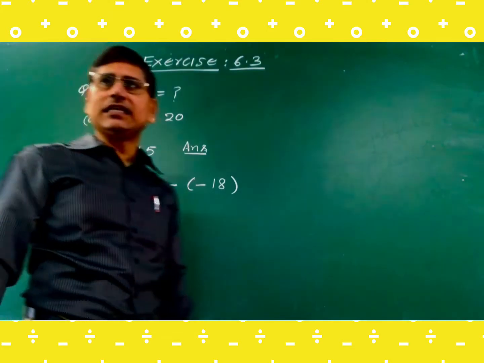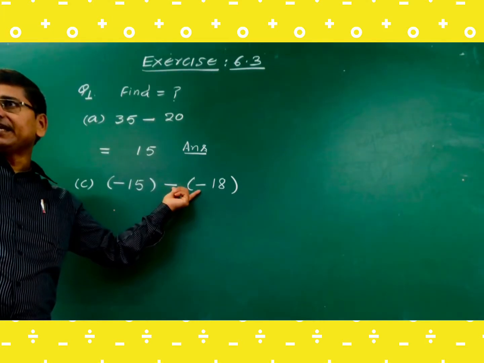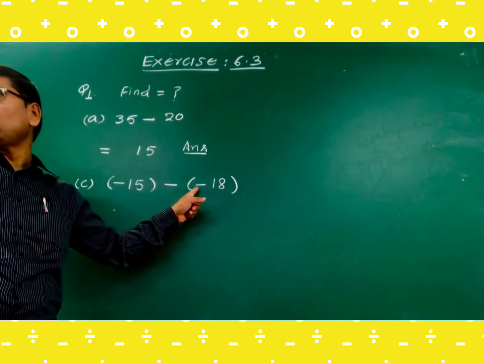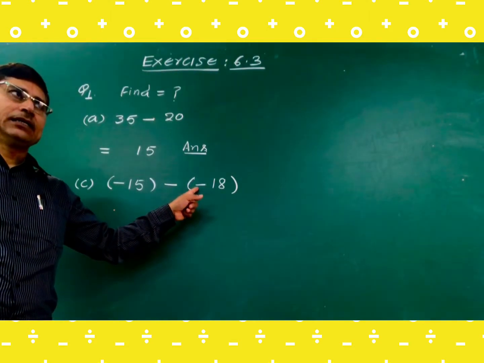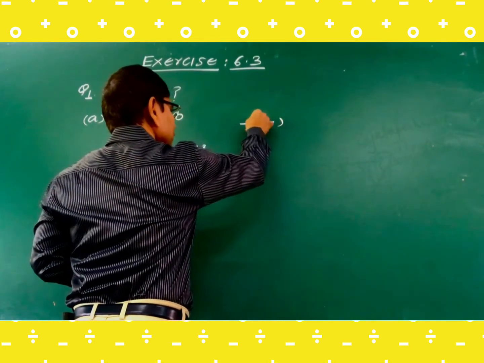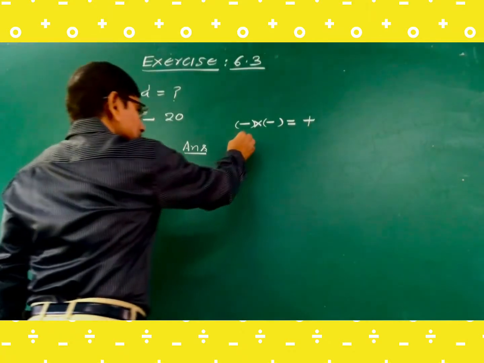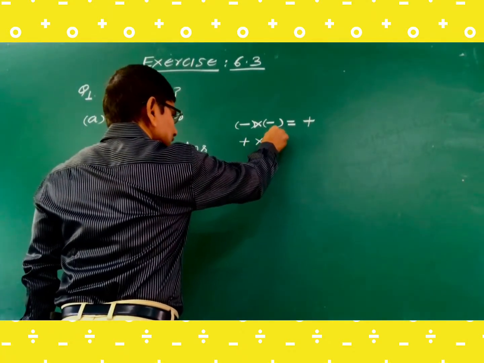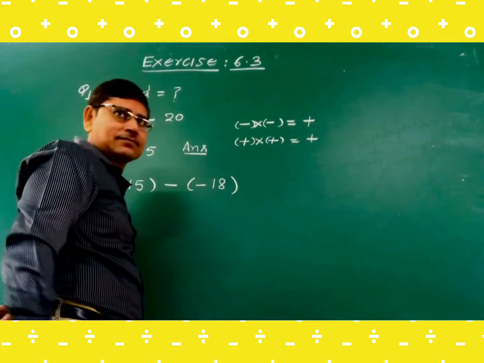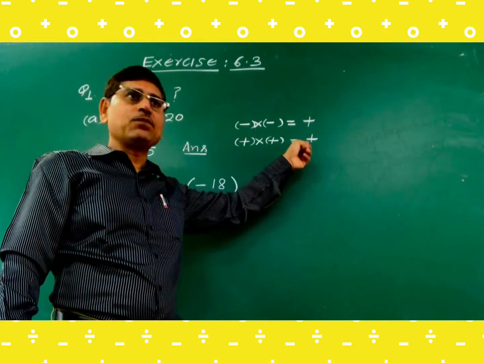So what to do in this case? Dear, these are negative signs but two times. So this is the multiplication of two negative signs. Keep in your mind, if you multiply minus into minus, then you will get the result plus. And plus into plus, then you will always get plus. Same sign, you will get the result plus, positive sign.